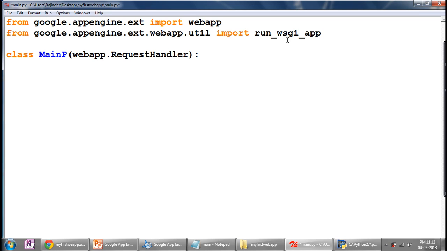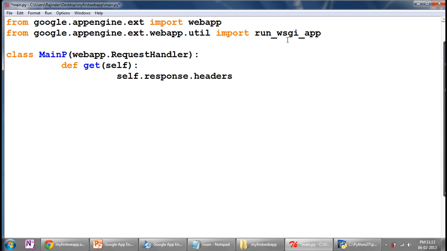Okay, if you're getting confused about this code, this is Python code. If you know Python, you will understand this code very easily. First, now define a method that is get. It takes the argument self. Okay, now write self.